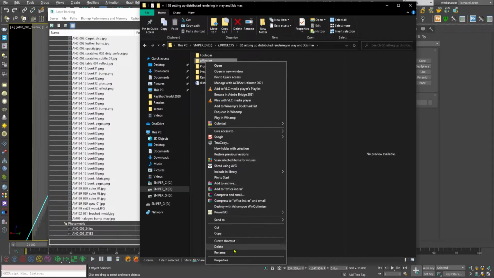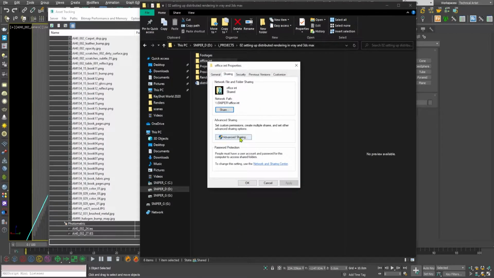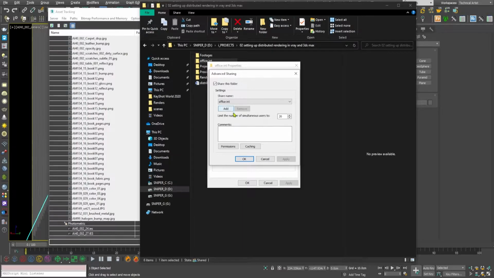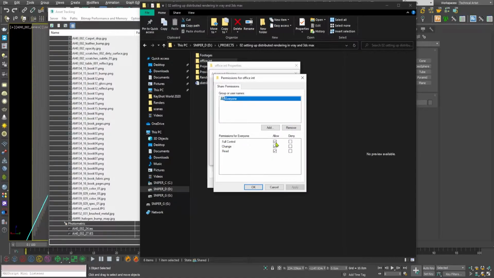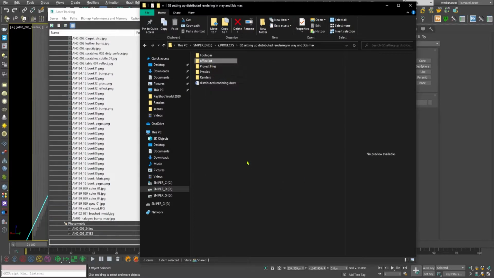So by right clicking and going to properties, I am going to share and click on advanced share and share this folder, and give permission to all users and click OK and click OK.